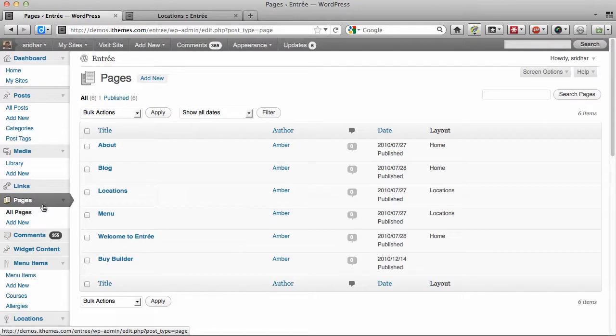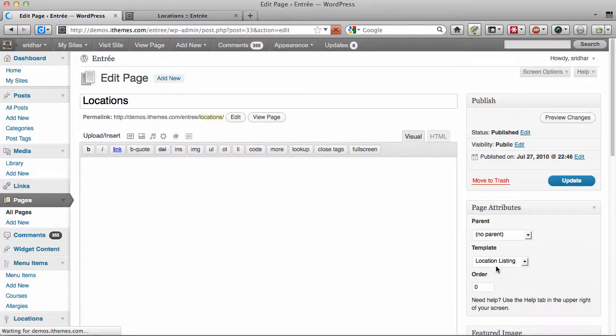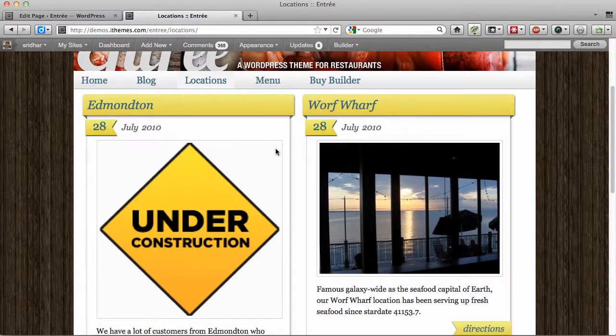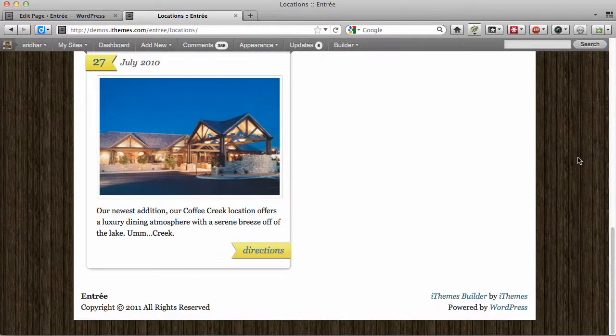Here the page title happens to be locations, and you have to select the template as location listing. Only if you set the template to location listing for this page will the entries of the location post type appear here.